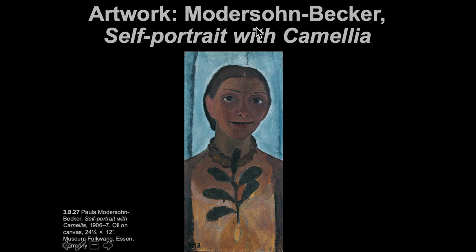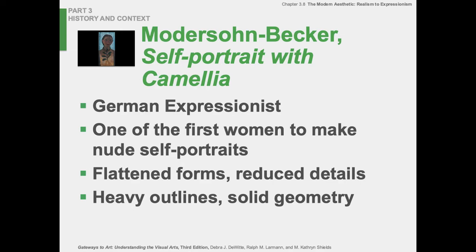So this one is Modersohn-Becker, the self-portrait with a camellia, like a leaf here. So it's kind of almost like a precursor in a way. It kind of reminds me of a Frida Kahlo piece in that some plant life is kind of getting included in her necklace and stuff and her simple hairdo. But these colors and this shading has a lot to do with her mood. So she's focused on expressing her mood and her inner states. She was one of the first women to make a nude self-portrait.